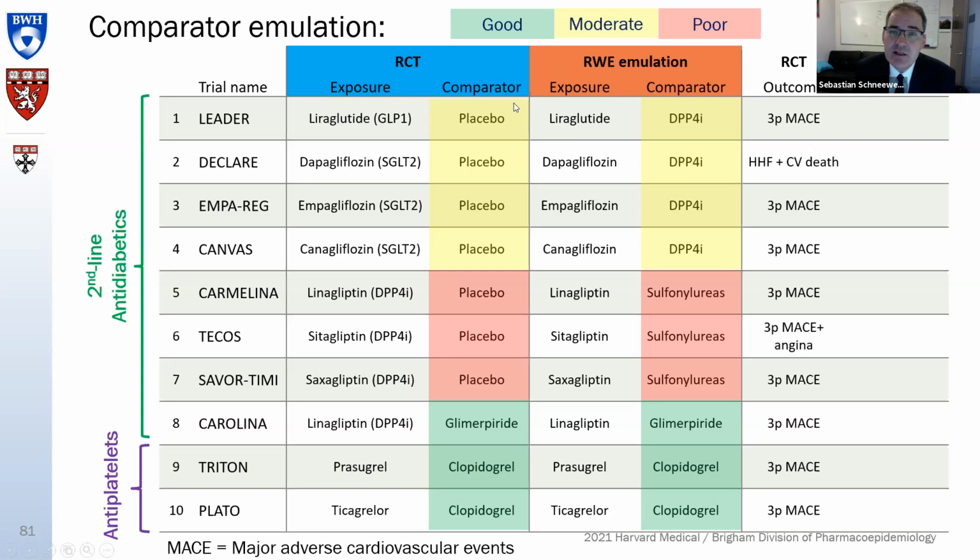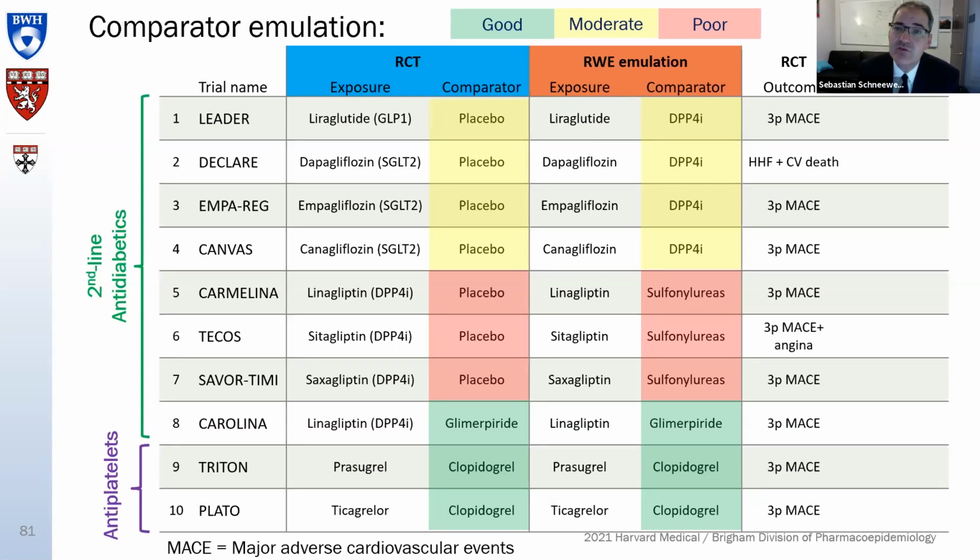And what we did is, for the first 4, for example, the SGLT2s and GLP-1s, we used as an active comparator DPP4 inhibitors, because we know that DPP-4 inhibitors have no effect on the endpoint of interest, which is 3-point MACE, major adverse cardiovascular events. And therefore, yes, they do reduce blood sugar as an antidiabetic, but they're not affecting the outcome that we are studying, and therefore should emulate a placebo, right?